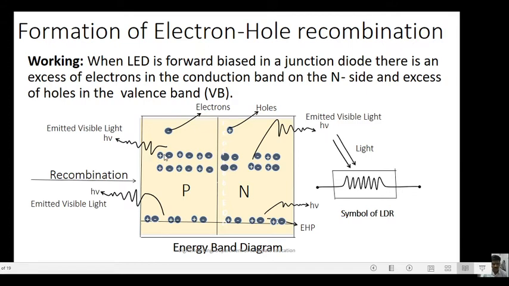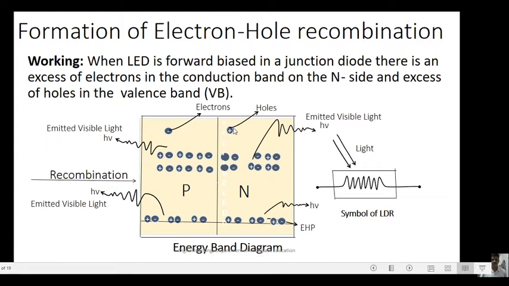Here in the P region there are positive and negative particles. Here also negative and positive particles are there. Therefore these are known as electron hole pairs. They are formed in pairs. The difference between these two particles gives rise to a voltage, that is hν. That means a potential difference is developed across the holes.